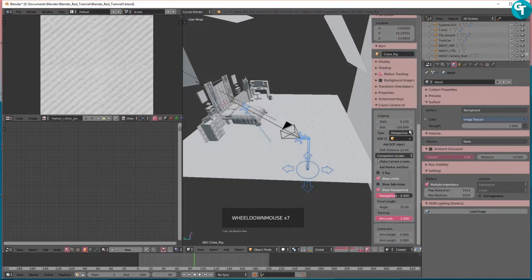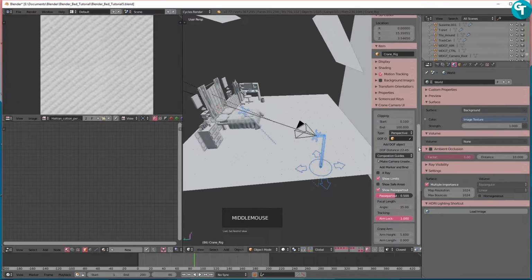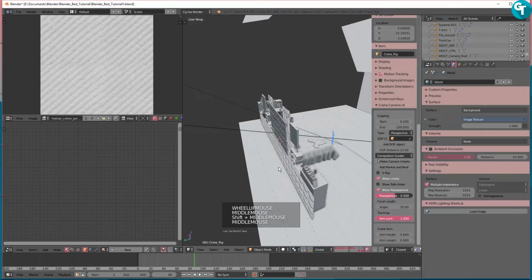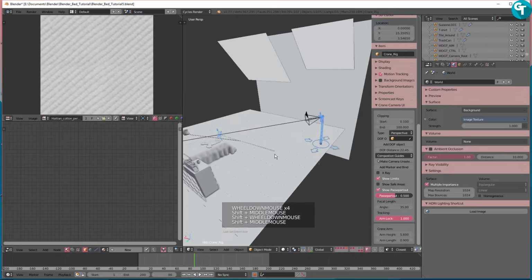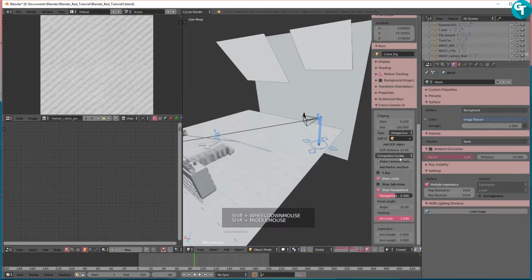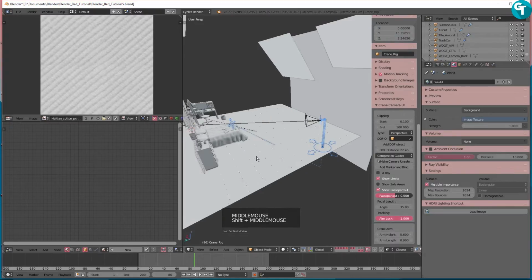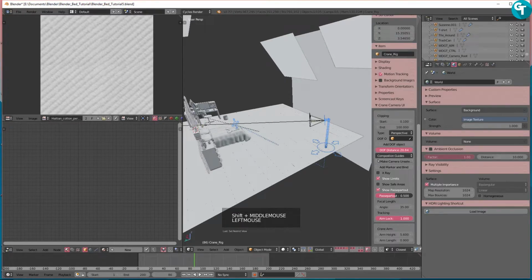You'll see that you got your clipping all right here, perspective, orthographic. You got your DOF object, add DOF object, and then you got your DOF distance. This means distance of field, or depth of field, sorry. And you'll see if I come back here and I zoom in a little bit, you'll see this yellow crosshair. Now that yellow crosshair will be right up here by the camera. You'll just want to go ahead and move that out. So if I move this back, you'll see that it's moving. Move it forward,